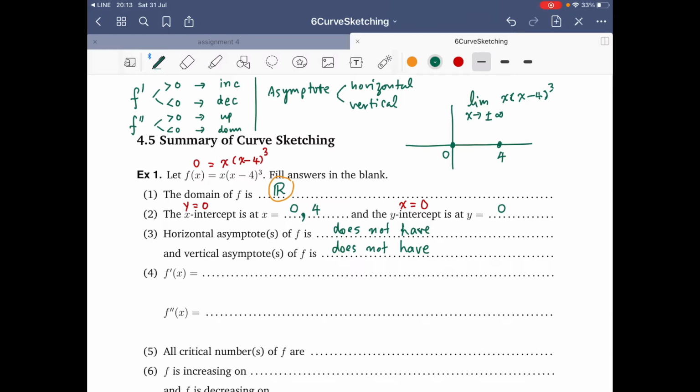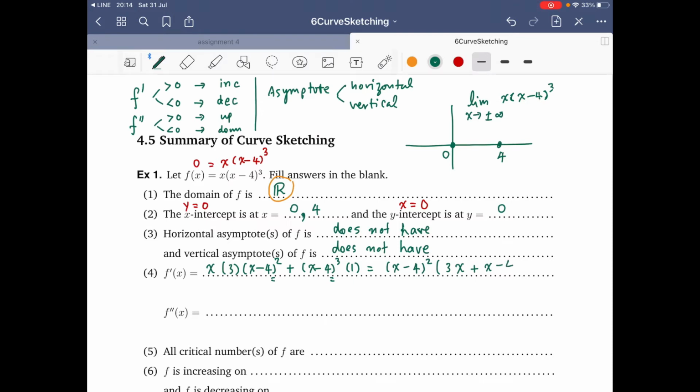To find your f prime, one way is that you can expand all the cube thing, but if they already give it to you in terms of a factor like this, you keep it as a factor, okay. So it is the first times the derivative of the second, which will be 3, and then x minus 4 squared, plus the second times the derivative of the first, and then you see that it will be easy for you to pull out a common factor, which is x minus 4 squared, and then you end up with 3x and then plus